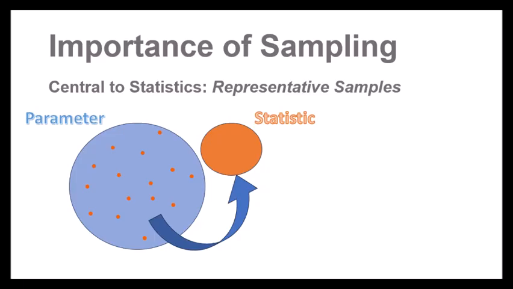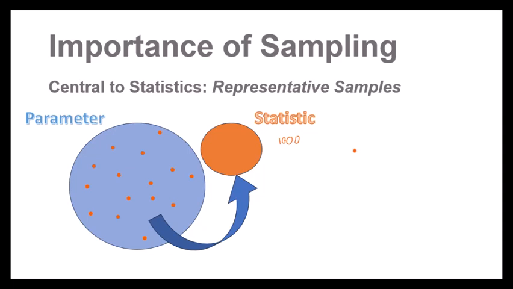If I select 1,000 people to be in my sample, it's going to make a big difference whether those 1,000 people were at a protest for some issue related to the ballot measure, or maybe 1,000 people who aren't politically active. We could see much different results from those two groups. Even doing a poll at certain times of day or in certain geographic zones can make a big difference in what we're seeing with our statistic from the sample versus what the parameter, or the population value, would be.